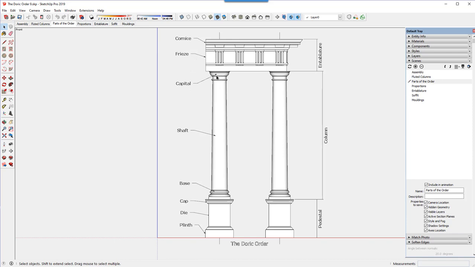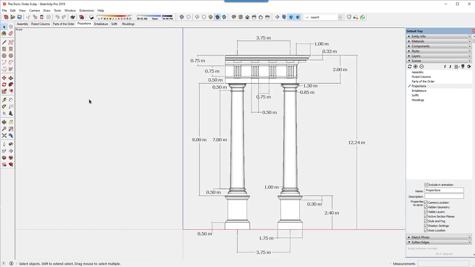pieces: the cornice, frieze, capital, the shaft, the base of the column, and then the pedestal down here has three parts: the cap, the die, and the plinth. And here I'm showing the proportions that are